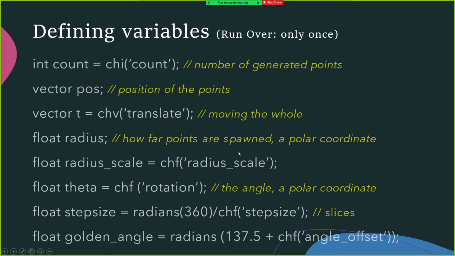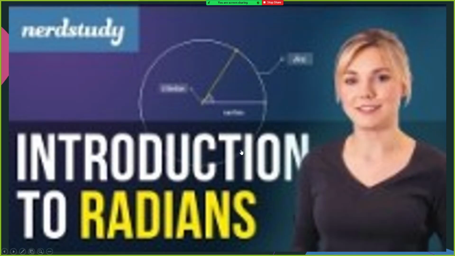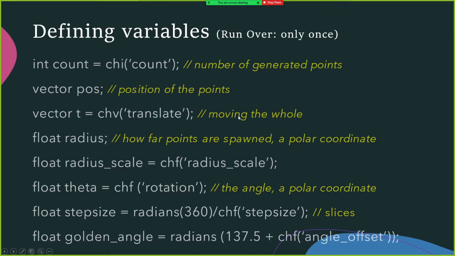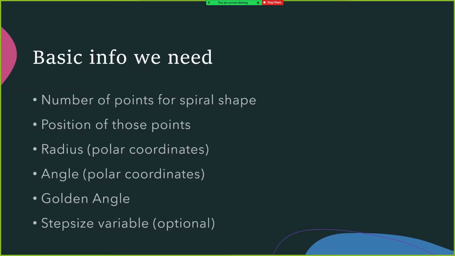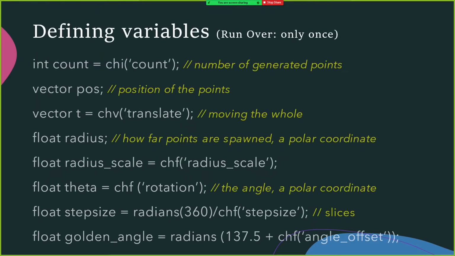So let's start programming. As I told you, we need the number of points, the position of them, radius, angle, golden angle. So we need these ones. So I start with